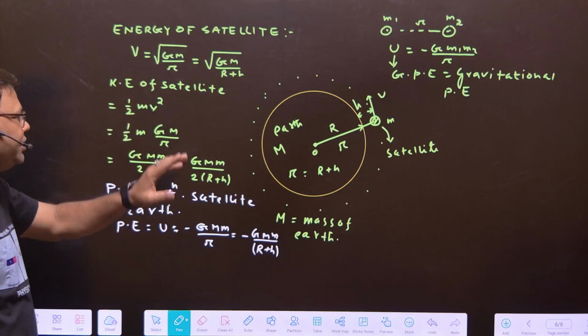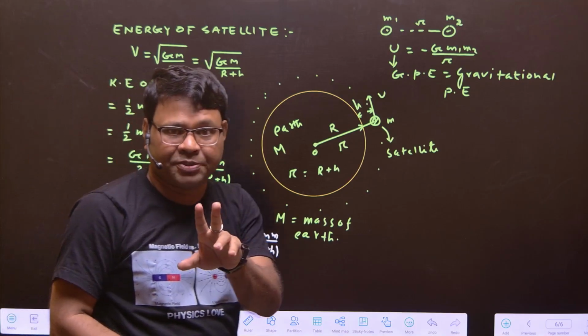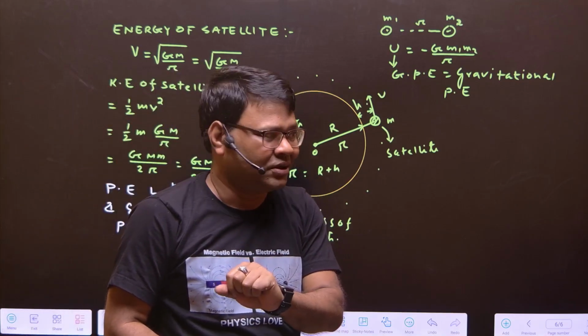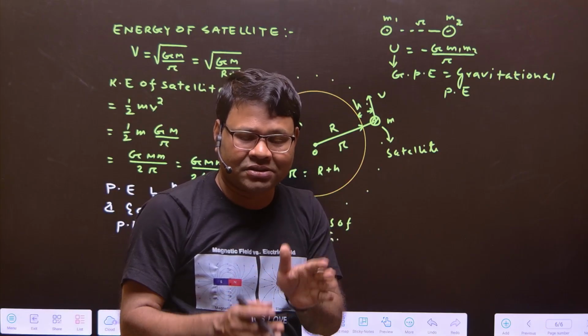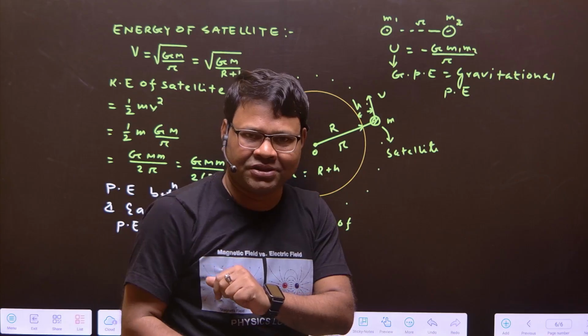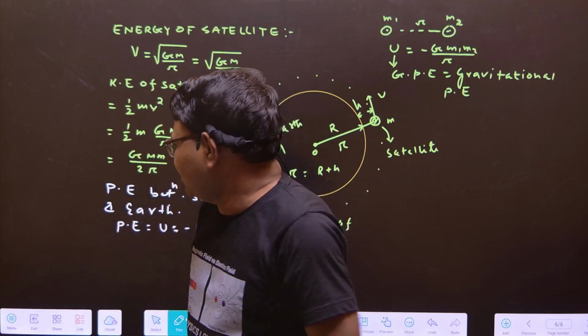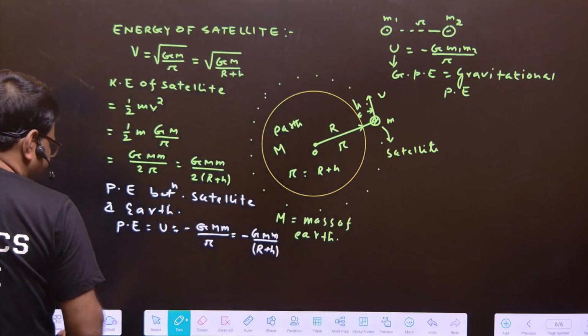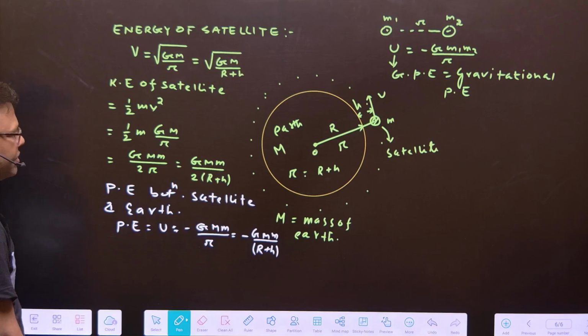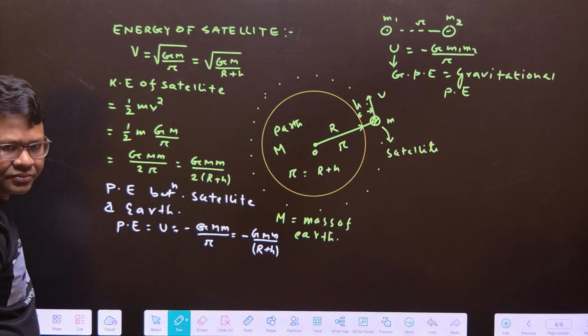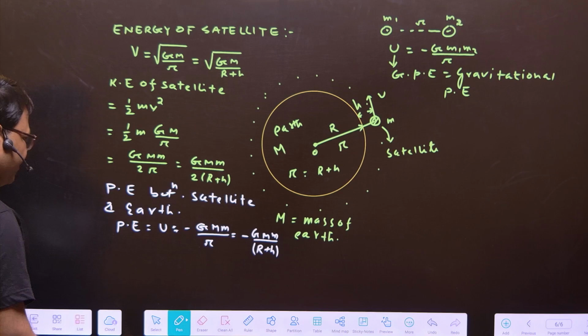This is the kinetic energy of the satellite. There are two types of energies, as I told you previously. So what will be the total energy of the satellite? Kinetic energy plus potential energy, that is the total energy. Am I clear? So now see here, students, I am writing in this position, please copy this. Okay, now write with me.